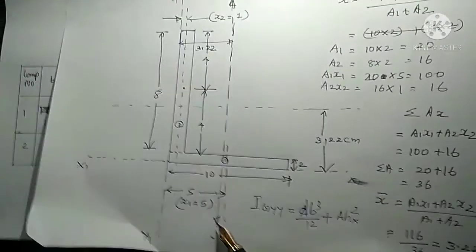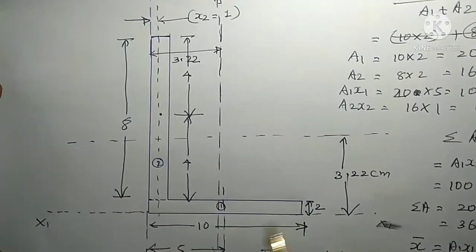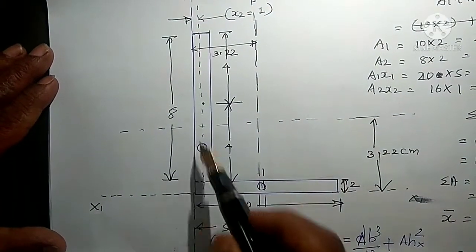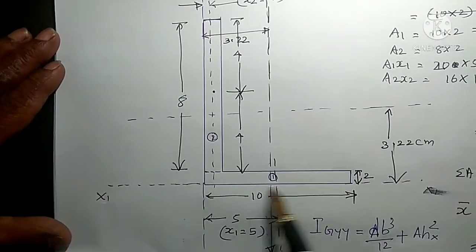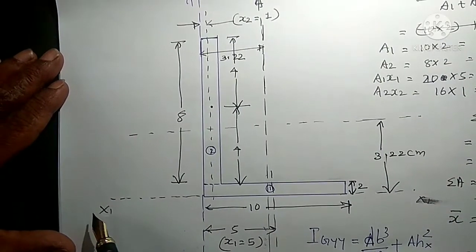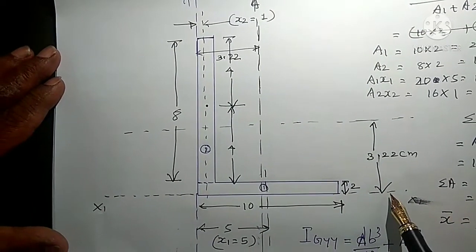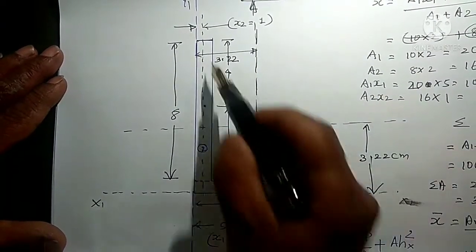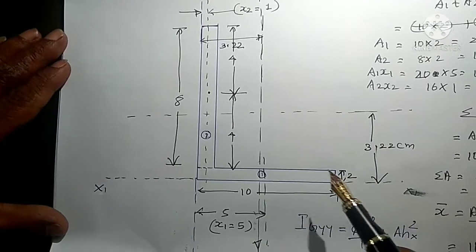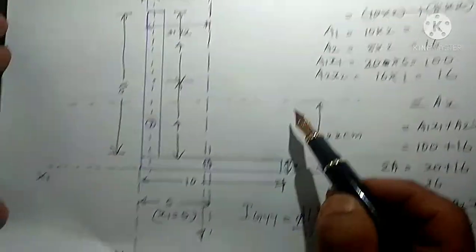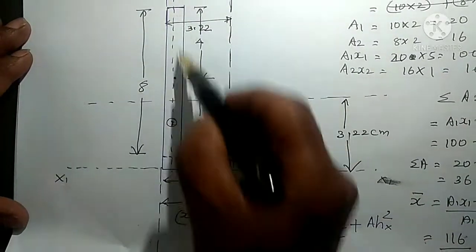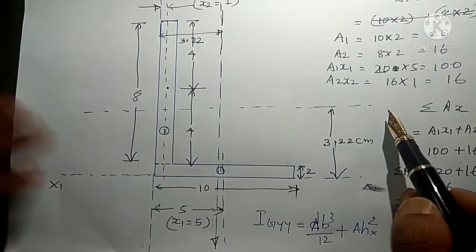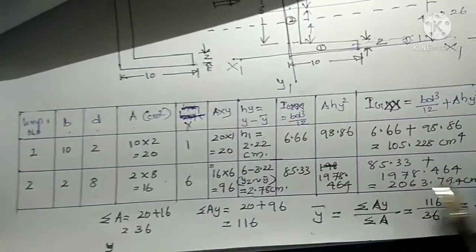The whole process I am repeating once again. So this is our initial figure. You have to divide it into individual components. You have to consider first a reference axis, and with respect to that reference axis, you have to find out the horizontal centroidal axis of the whole lamina. And with that value, you have to find out the moment of inertia of this whole lamina about the new horizontal centroidal axis, and the procedure is as shown in this table.